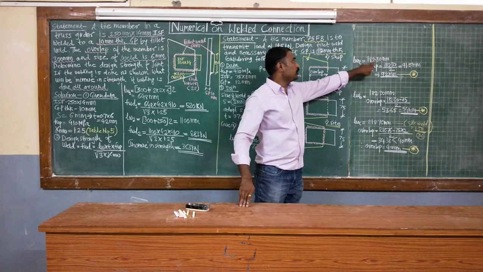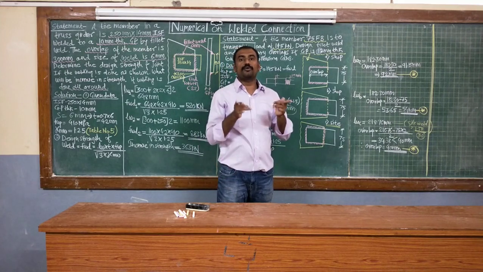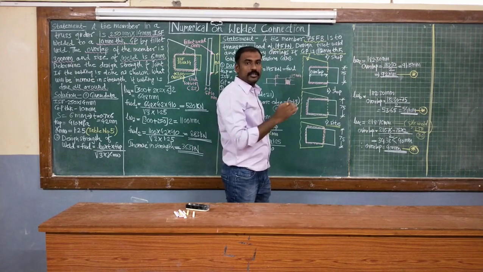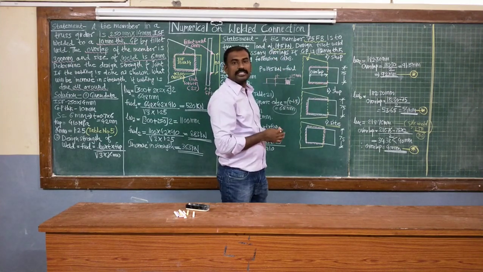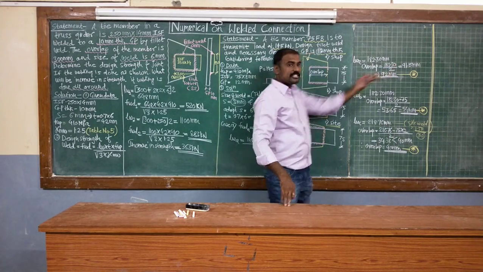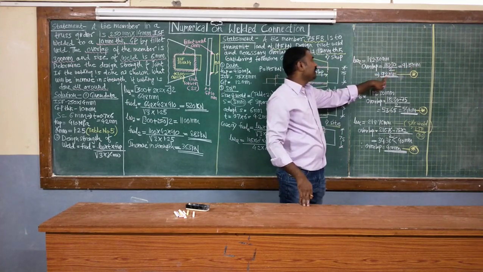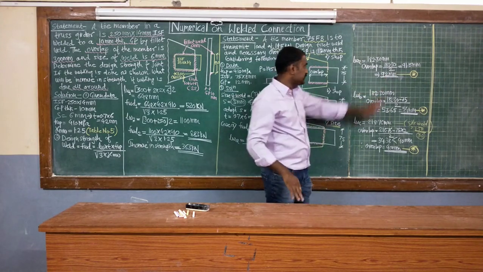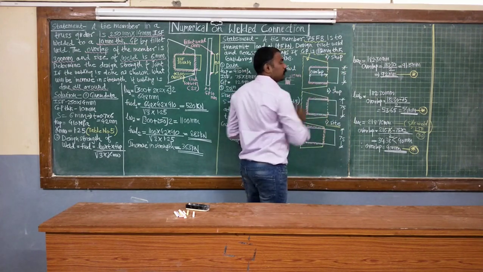LW is 182.30. Now according to case 1, you can understand that welding is divided only on opposite sides or opposite edges. So total welding is 182.30 suppose, and it is to be divided on opposite sides. So in short, half of the value is nothing but your overlap value. So 182.30 divided by 2, correct? As you are going to provide it on opposite sides, divided by 2. So it is 91.15. Therefore, I am round figuring it to 92 mm. So for case 1, minimum overlap required is 92 mm. So this is the overlap value for case 1, that is shop welding is equal to 92 mm.